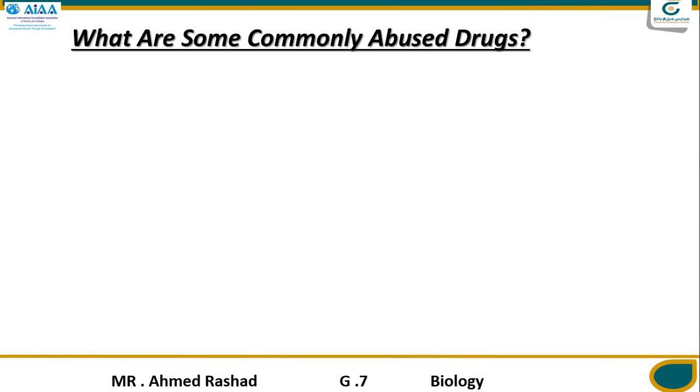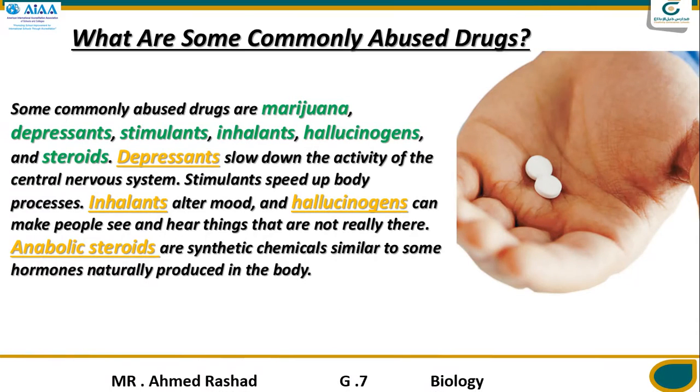What are some commonly abused drugs? Some commonly abused drugs are number 1 marijuana, and depressants and stimulants, inhalants, hallucinogens and steroids. Number 1, marijuana, is a kind of smoking like tobacco. Depressants slow down the activity of your central nervous system. Stimulants speed up your body processes. Inhalants alter mood, and the hallucinogens can make people see and hear things that are not really there,